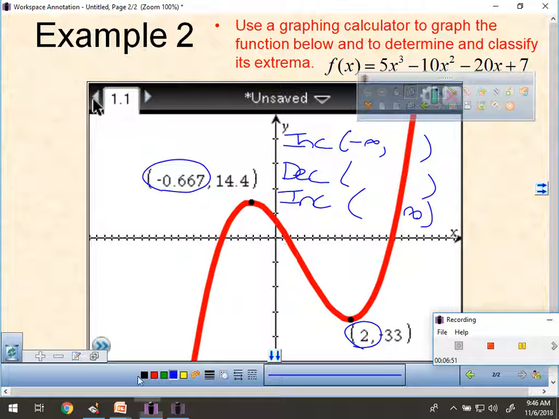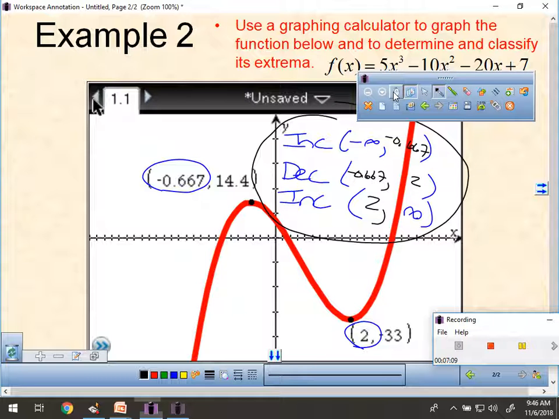And then to fill in the blanks, I'm going to do it in black so I can see it. So the first number is negative 0.667. That number starts over right there. The next x value is 2, and that goes there. So that will be my intervals of increasing and decreasing for that graph. So it's pretty straightforward, and I think that that is it. All right, I'm going to